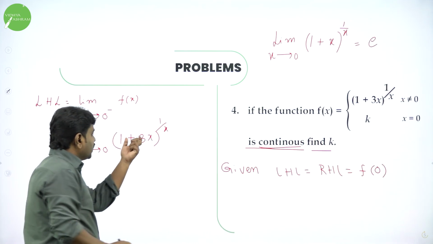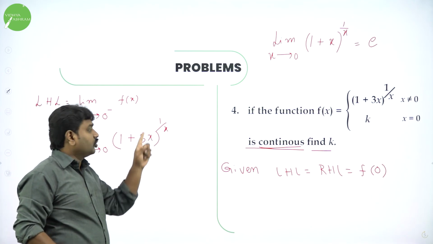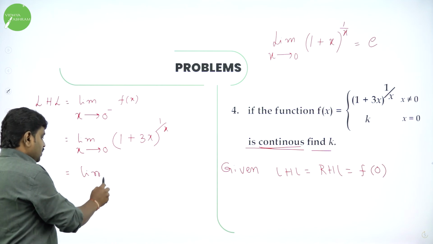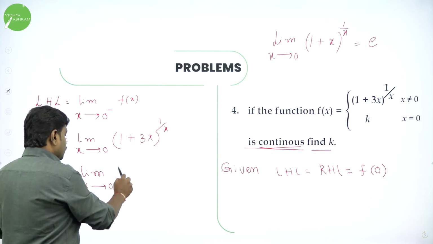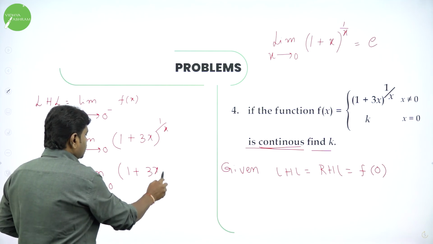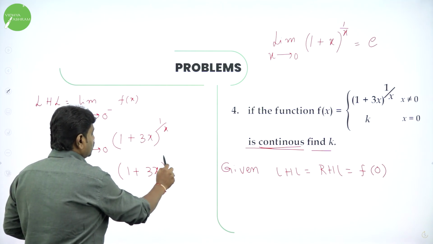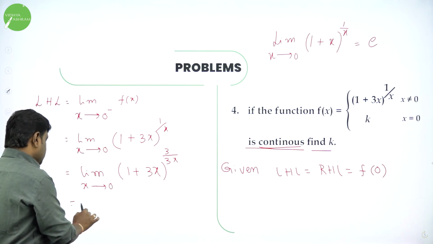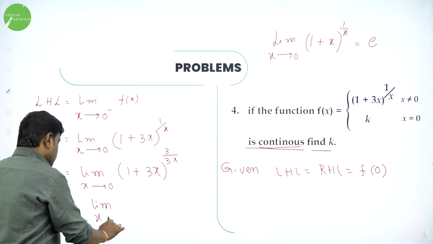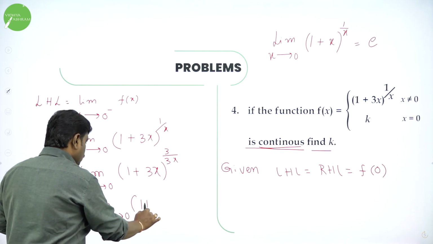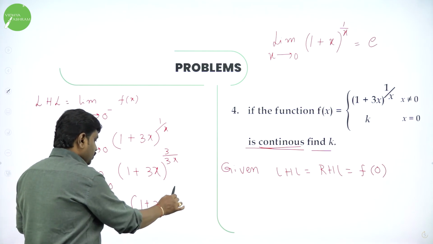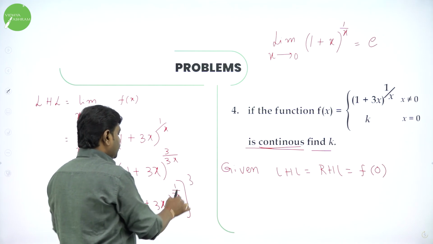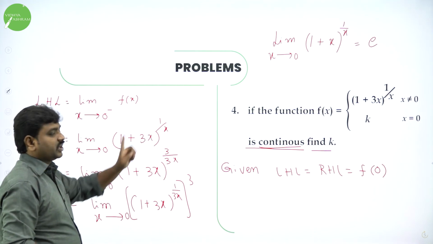Now here you have 3x, here 3 is missing, so divide and multiply by 3. That is limit x tends to 0, 1 plus 3x, the missing term was 3. Here we have 3, so I'll write 3x here and 3 here. Now again convert it into law of indices. So using law of indices, I'll convert this. Limit x tends to 0, can I write it as 1 plus 3x power 1 by 3x whole power 3. If you use law of indices, if you multiply these two, you will get 1 by x.